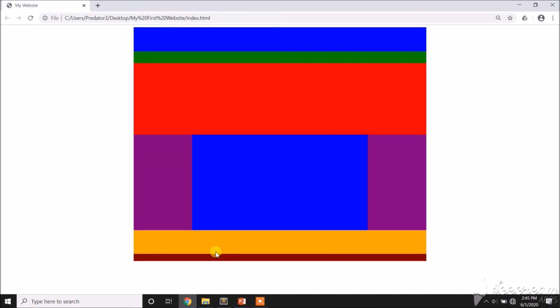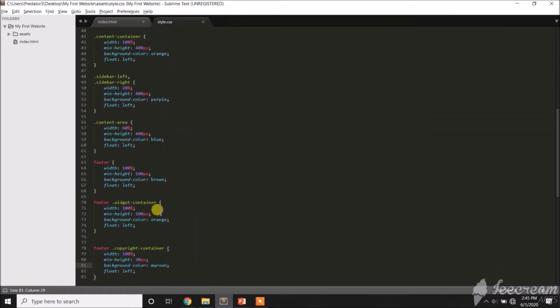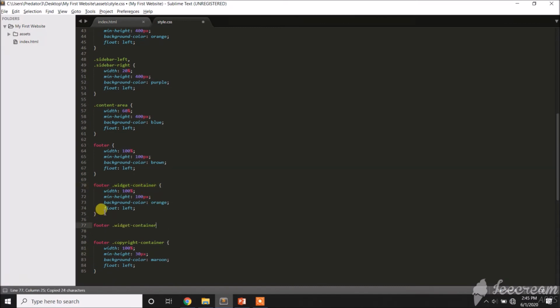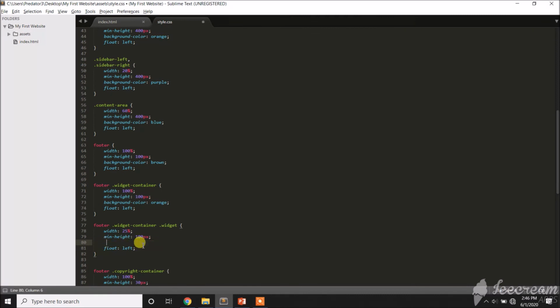Refresh. Okay. So, yung orange natin, which is the footer, based sa wireframe, there are 4 columns then. So, maglalagay din ako ng mga column sa loob. So, to be specific, ganito yung ginagawa ko. Para specific tayo sa widget na nandun sa footer. So, yung widget, each widget magkakaroon ng width of 25% since 4 naman sila, 4 column. Then, yung height, sabihin ko mayroong min height na 100 pixels din. Then, background color, sabihin natin green. At yung naka-float left dito. Refresh. Instead na background color yung ilagay natin, let's say